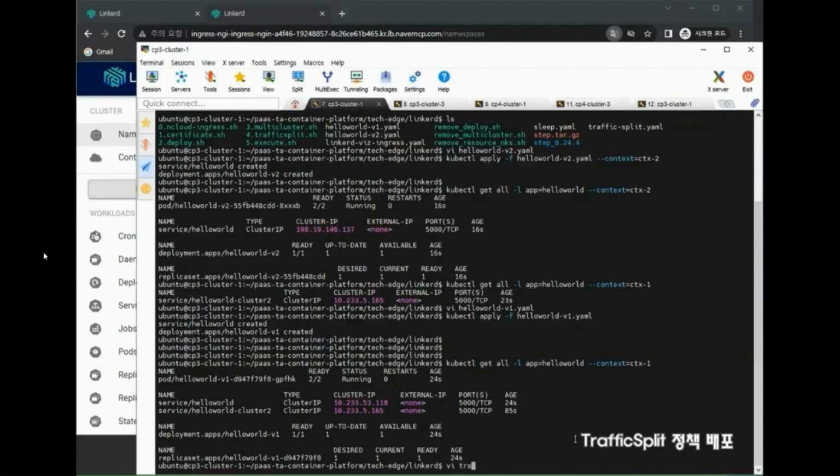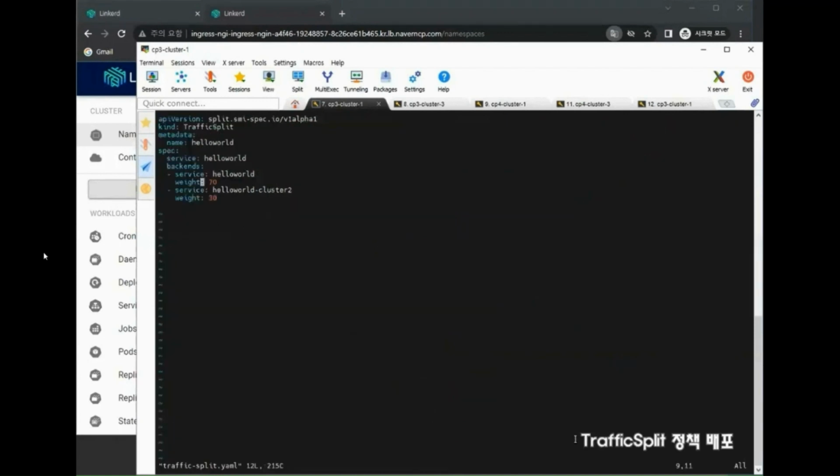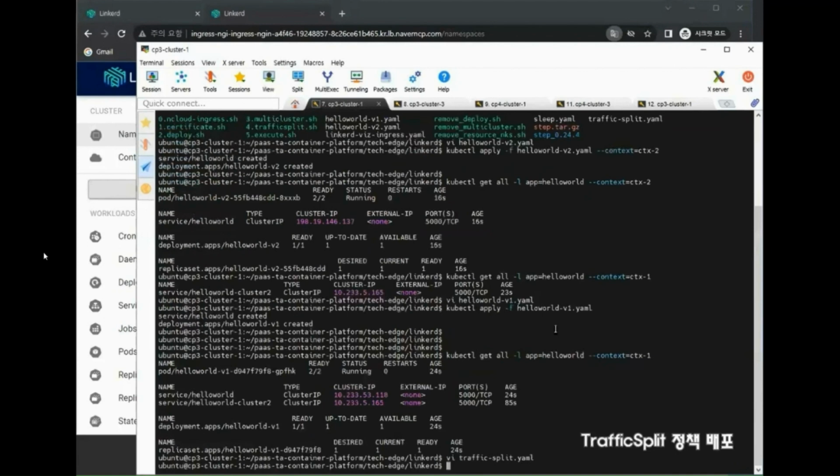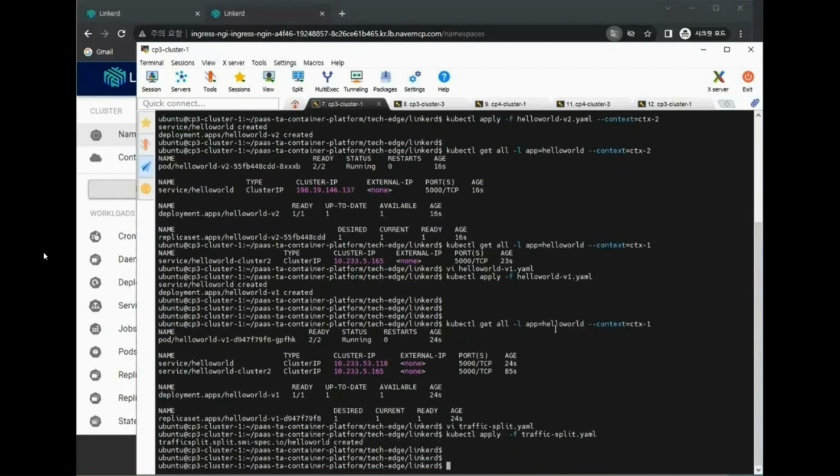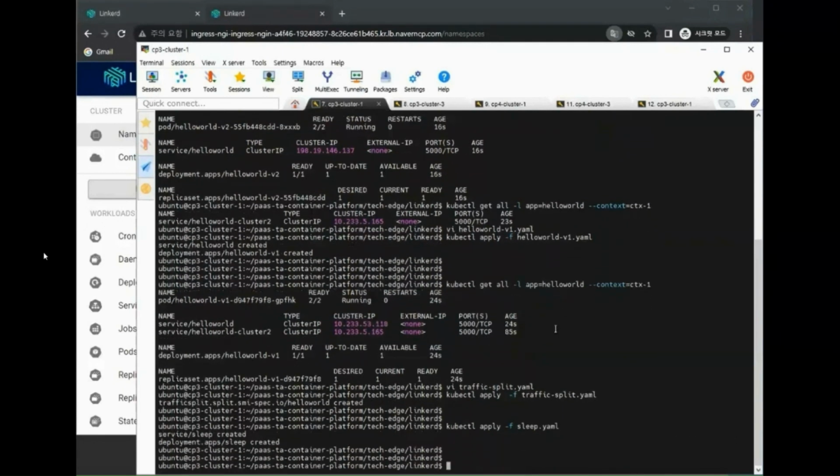Now, let's deploy the traffic split policy. Unlike what was described earlier, during the actual practice, we'll distribute 70% of traffic to the Hello World deployed on the OpenStack cluster, and 30% to the Hello World cluster 2 on the NKS cluster. The deployment is complete. Lastly, let's deploy the sleep pod to generate actual traffic. After deployment,